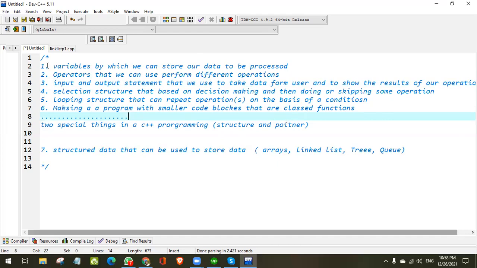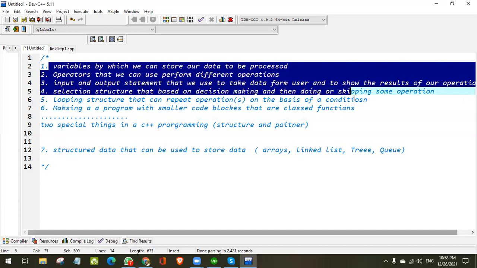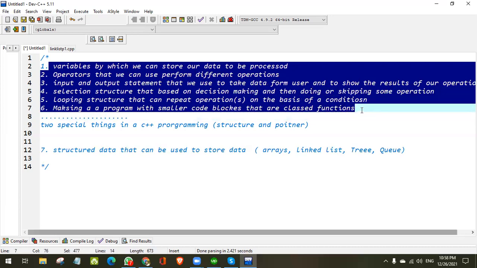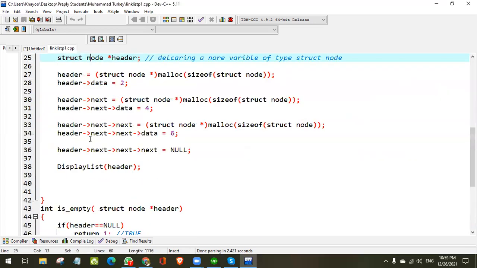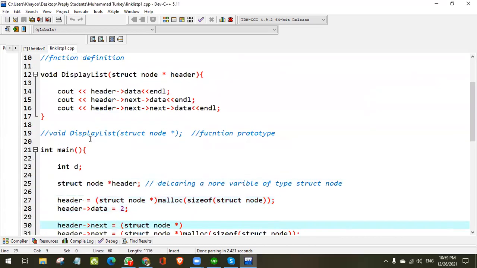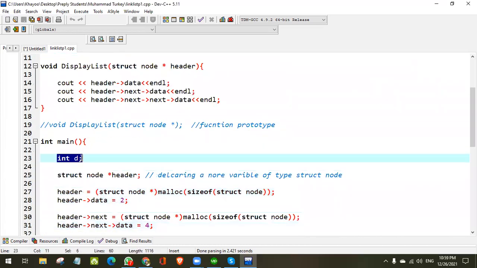But every language performs these six basic things. You understand? Divide a program, write a program, and then you can make that program in the form of functions. Like here, this was our previous example. This is the first thing, variable.